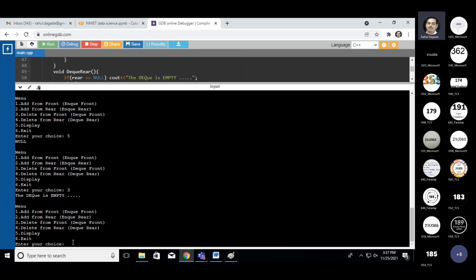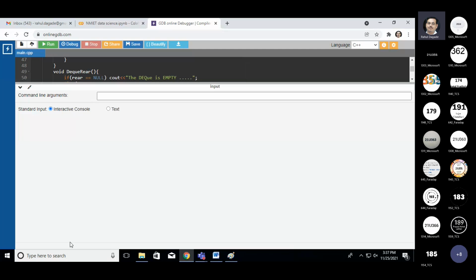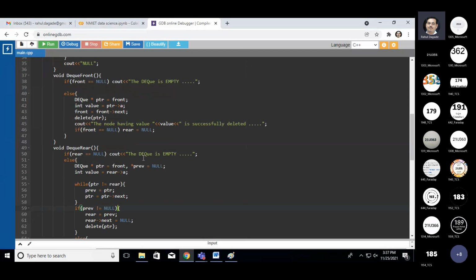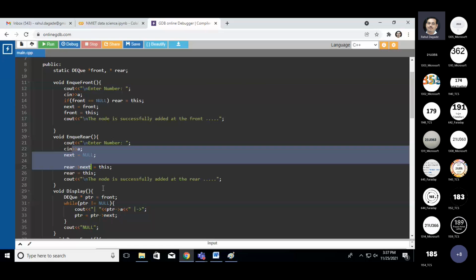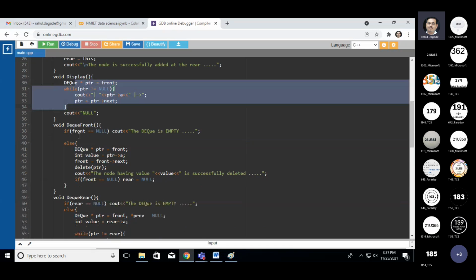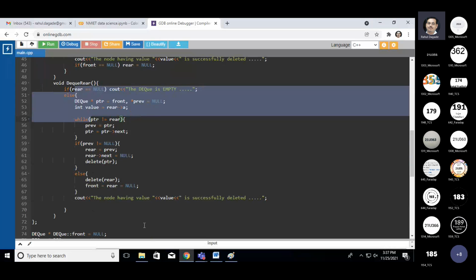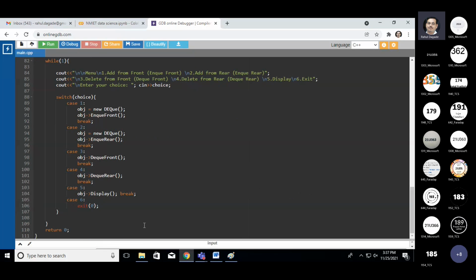So we are successful in implementing the DEQue. So this is what it is. That we have implemented the operations, that is NQ, that is add from front, add from rear, then display, delete from front, and delete from rear. All right. So I'll just give this